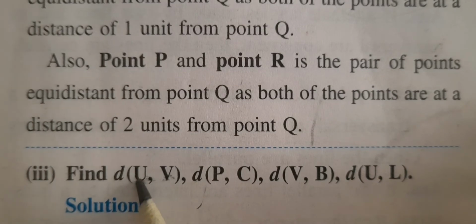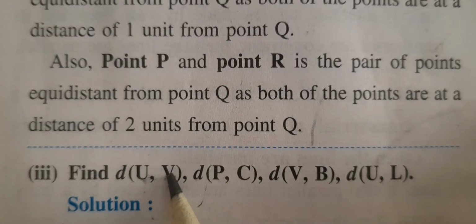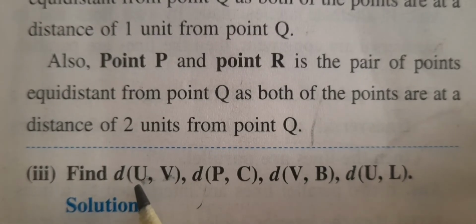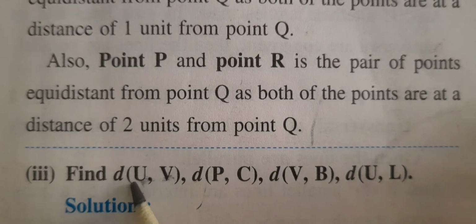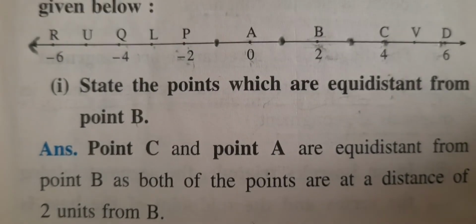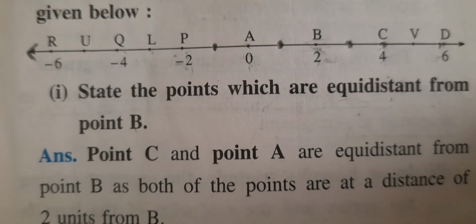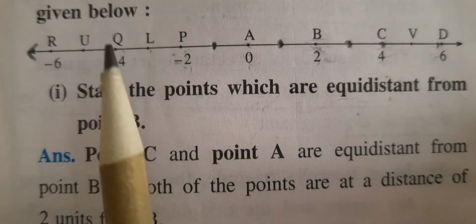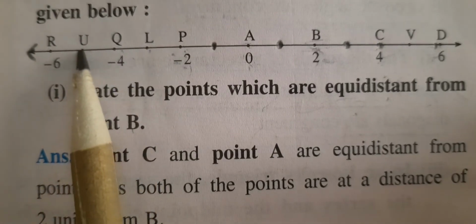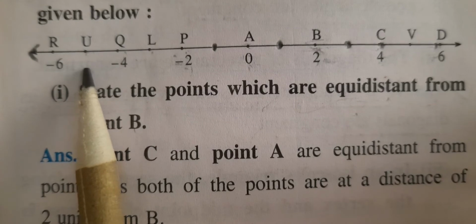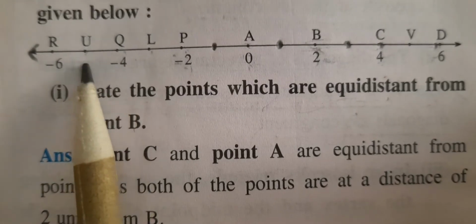We must note the coordinate of point U and the coordinate of point V on the number line, and then find out of the 2 coordinates of these points which is the greater coordinate. Use the concept to find the distance: greater coordinate minus smaller coordinate. Let's find, for example, distance UV. Look at the coordinates of U and V on the number line again. See, point U, if you see carefully, after minus 4, one more unit, the coordinate of point U is minus 5, because between minus 4 and minus 6 will be minus 5.